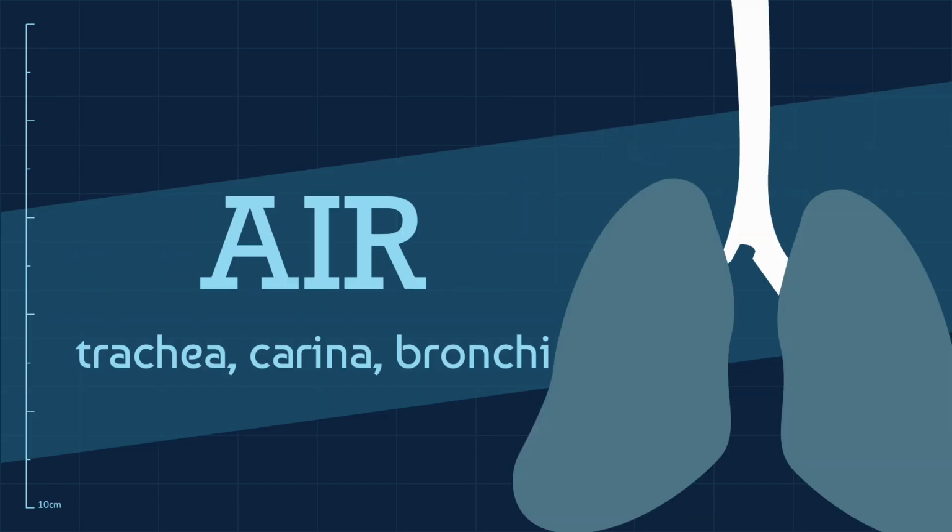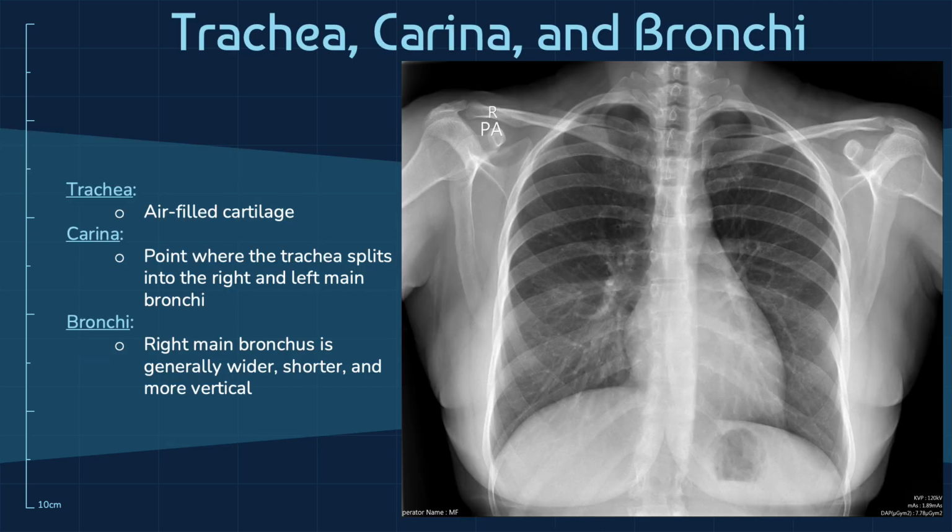Okay, so let's start with A for air, which is the trachea, carina, and bronchi. When determining the airway, the first thing we look for is the trachea, which is an air-filled cartilage down the midline over here. And as the trachea splits into the right and left main bronchi, you have an area in the center called the carina. So the carina is the point where the trachea splits into the right and left main